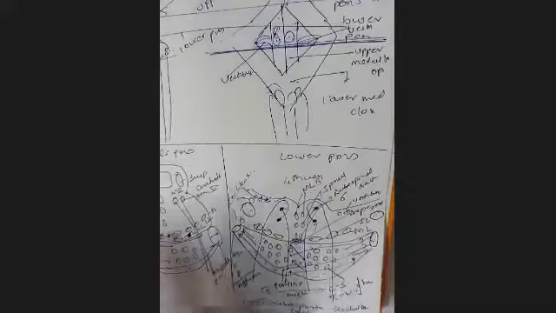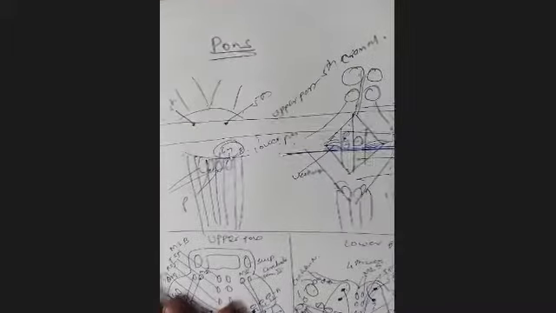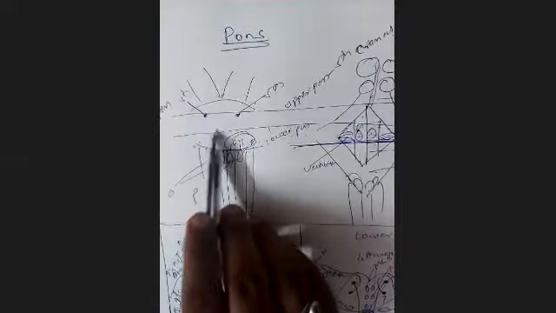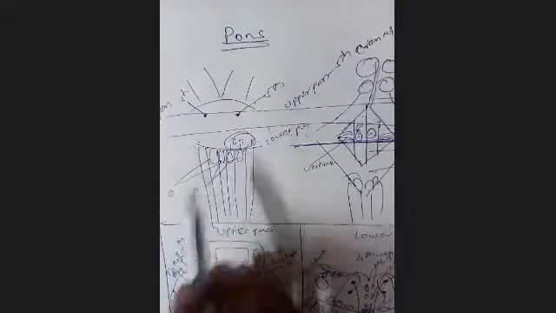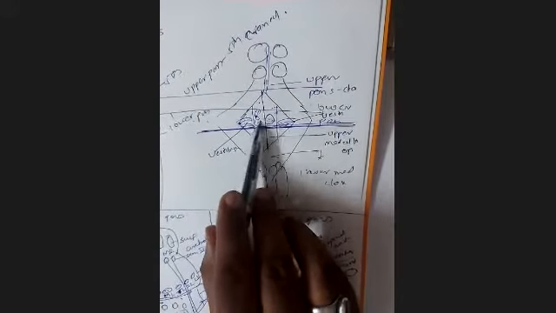Before I talk about the applied anatomy, again I'll repeat that when we look at the pons from the anterior aspect, this base, we see the basilar part of the pons, we see the fifth nerve, we see 6, 7, 8 at the junction of pons and medulla. When we look on the posterior aspect, the lower part of the pons is open as the fourth ventricle, where we see the median eminence, and then we see the facial colliculi.